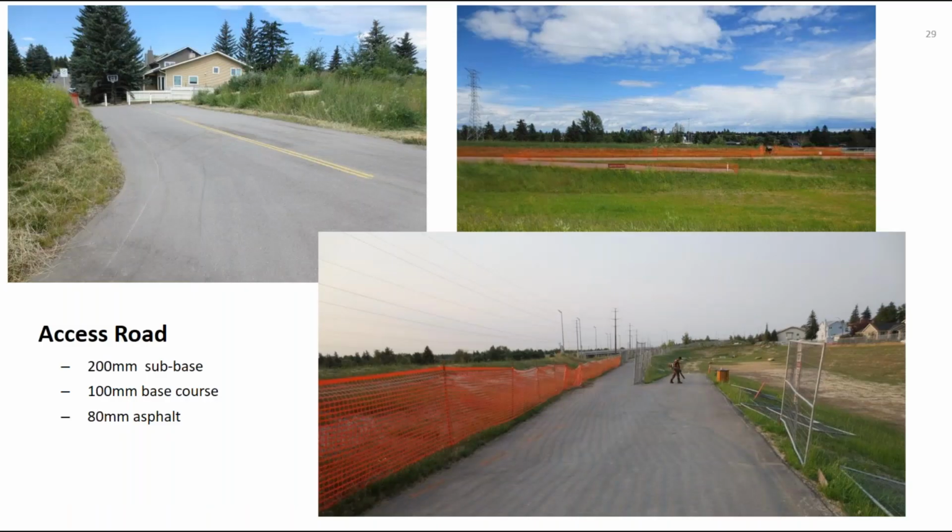So the access road, just a little bit about that. We ended up using a city industrial road standard, so kind of a thicker subbase and base course because of the maintenance vehicles, hydrovac vehicles that would be using the maintenance road. And then as you can see, the maintenance road is shared with the regional pathway up in the top left. And then there's a Y intersection where the pathway veers off to the left. And then the maintenance access road continues down on the right into the pond